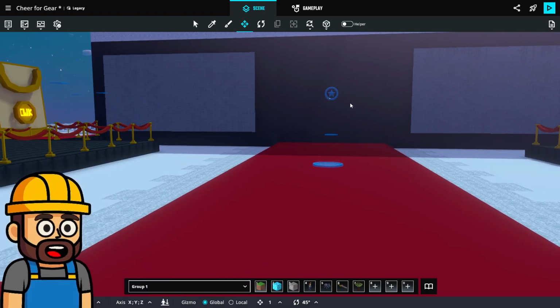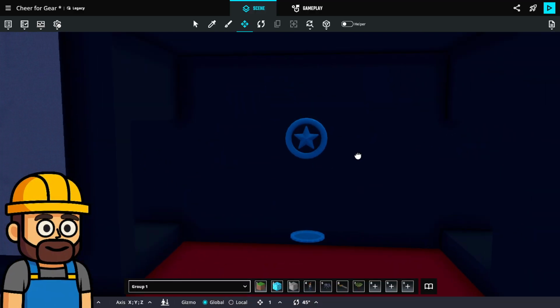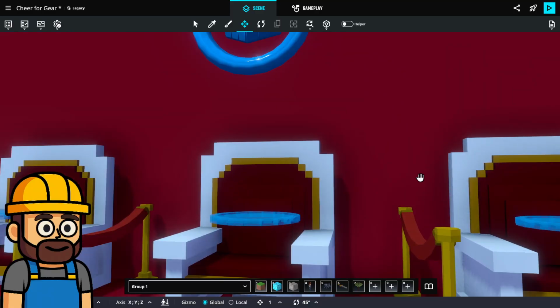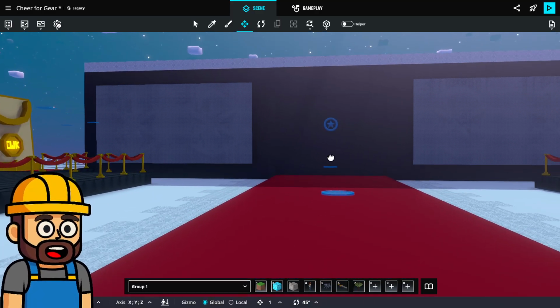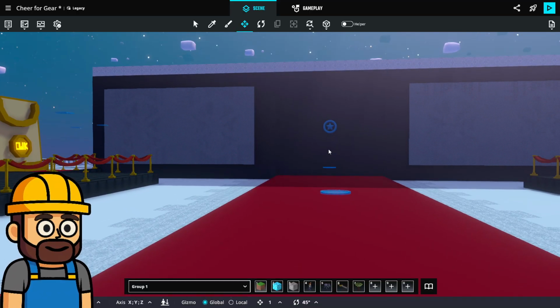And one at a time, you'll have to teleport people from this group down to the end of the catwalk so they can walk down the catwalk towards the judges for a certain amount of time. That'd be 5 seconds, 10 seconds, whatever we set up. During that time, people right here are all going to have access to voting, and the system will take all those scores and average them.